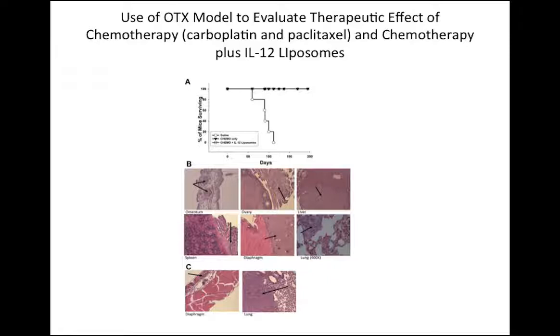In the same series of dots here are the chemotherapy plus IL-12. And so there's no death, there's no development of ascites syndrome, and we don't see any obvious evidence, grossly or